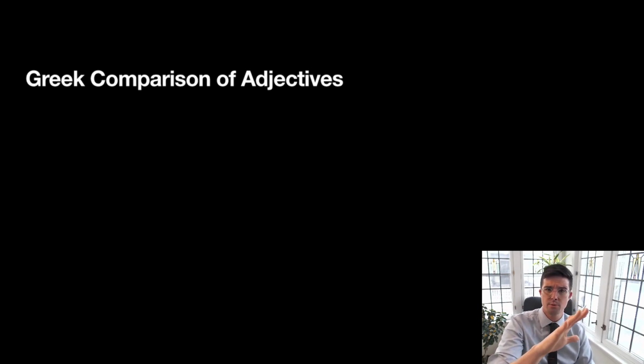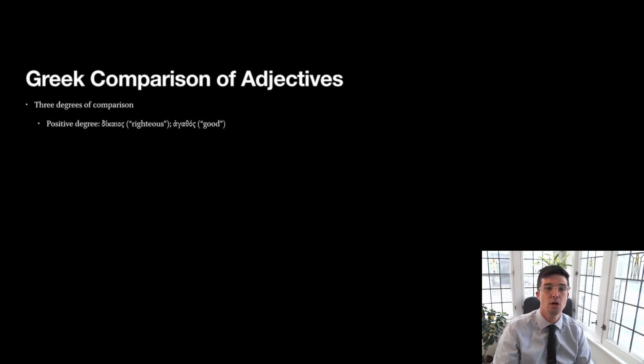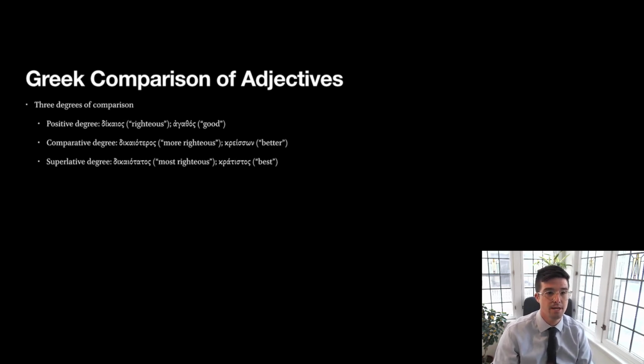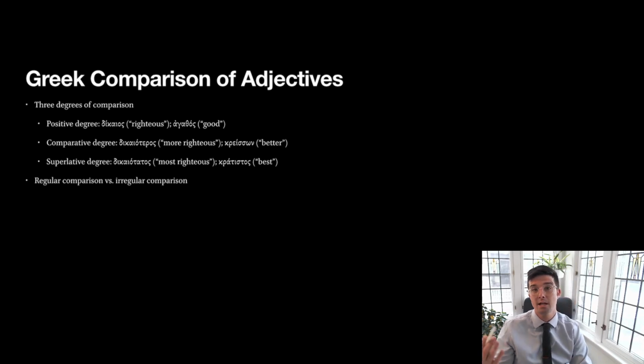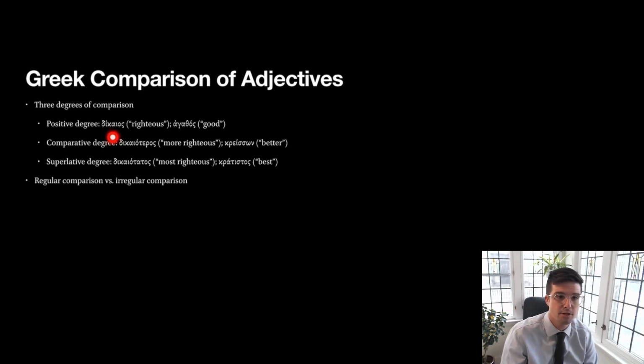And so what I want to do here is we're going to put up here the way that Greek does comparison in ways that are similar to and different from English. So we're going to follow the same structure that we did in that last slide. Greek is likewise going to have 3 different degrees of comparison: the positive degree, the comparative degree, and the superlative degree. And I've only given us 2 examples here, but you will see that there is once again regular and irregular forms of comparison. With the positive degree, dikaios, which means righteous, to form the comparative degree, more righteous